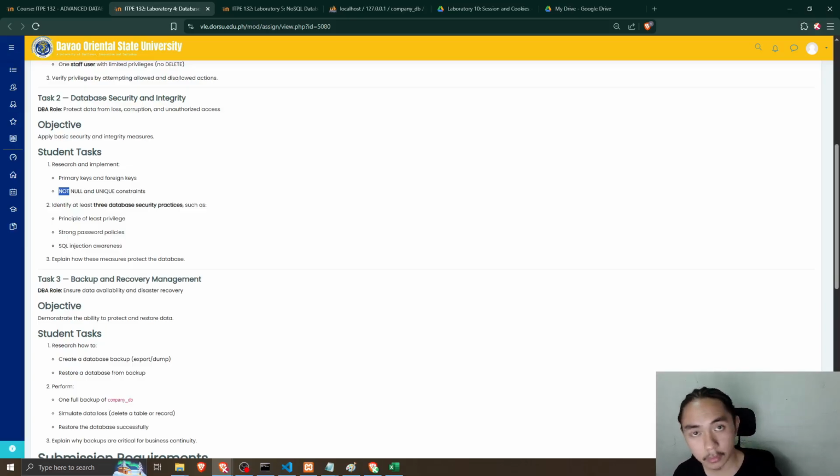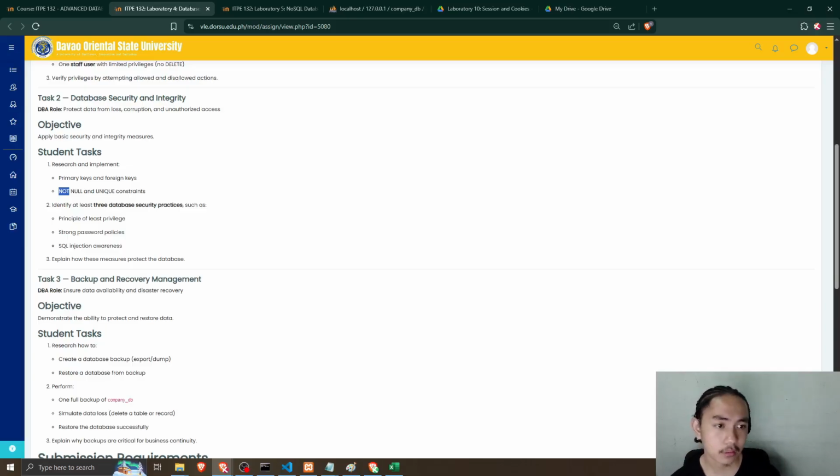And then strong password policies: using long passwords, mixed symbols, and avoiding 12345 or common passwords. And for the back end side, the system should hash the passwords. Okay, so SQL injection awareness: never trust user input, use prepared statements and parameterized queries to prevent SQLi attacks, or SQL injection attacks.